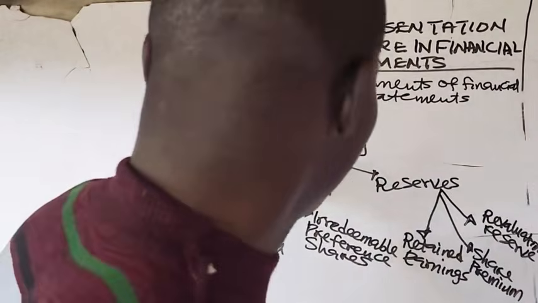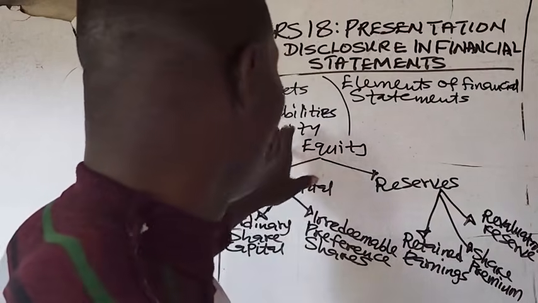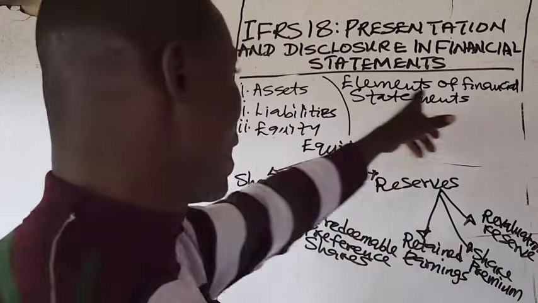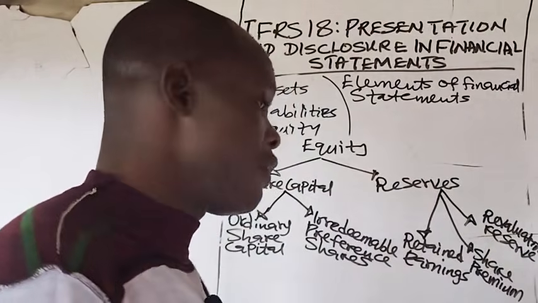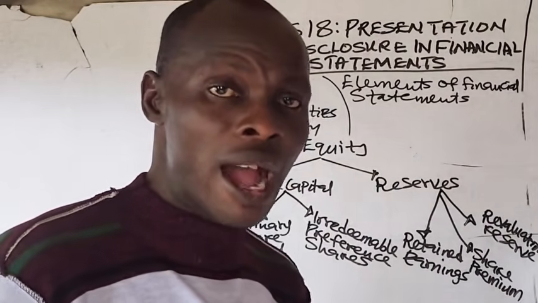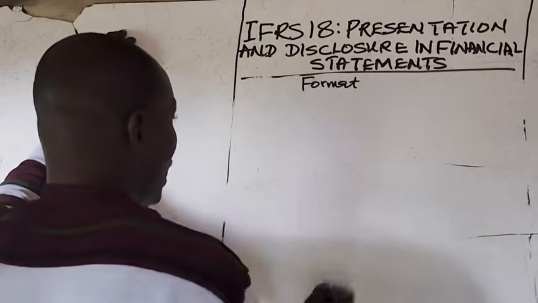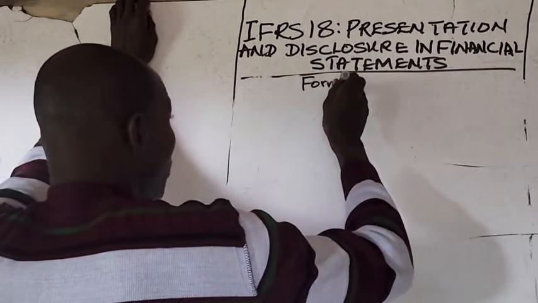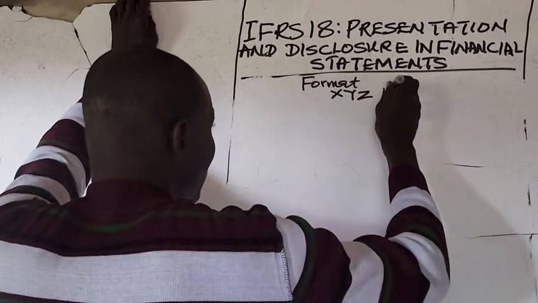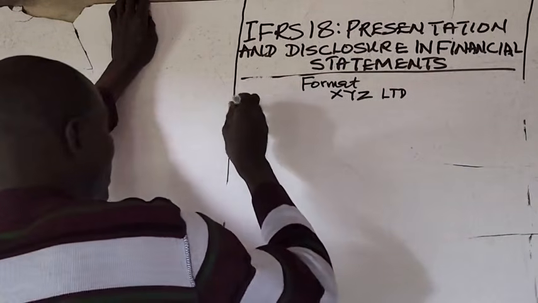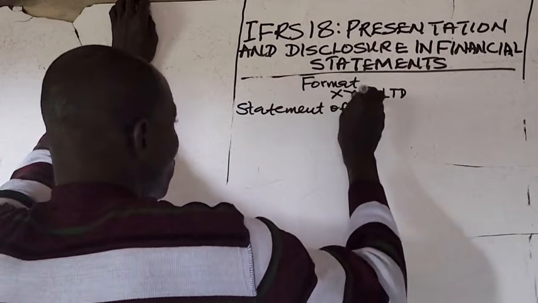Having examined those elements of financial statements that will be incorporated in the statement of financial position, we therefore want to give the format of the statement of financial position in accordance with IFRS 18. Format of statement of financial position, you may have the name of the entity. Suppose it is SYZ Limited. You have statement of financial position